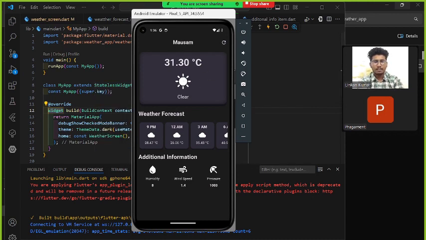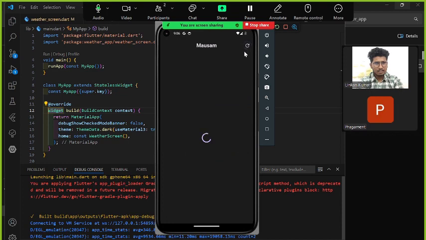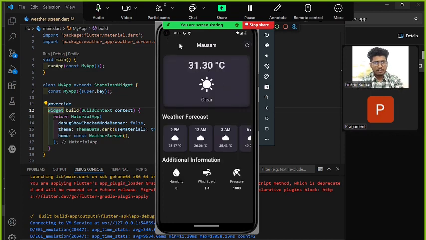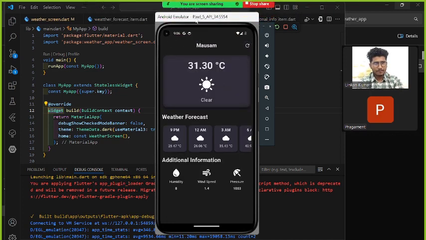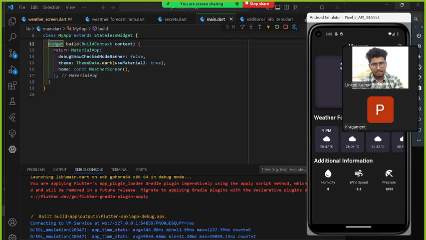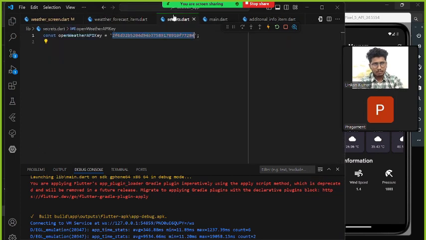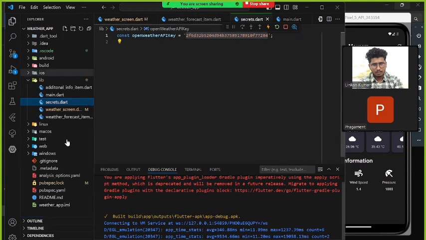So look at this. I use an API, and it looks like this. When I refresh, it refreshes my app and nothing else. I did this just for practicing my API knowledge. And when I change the location,